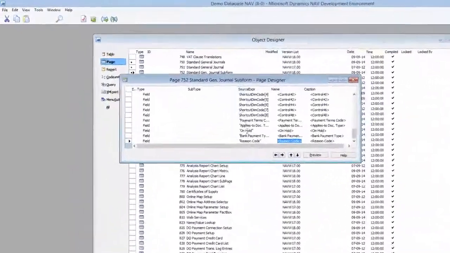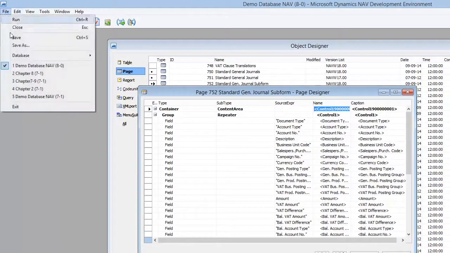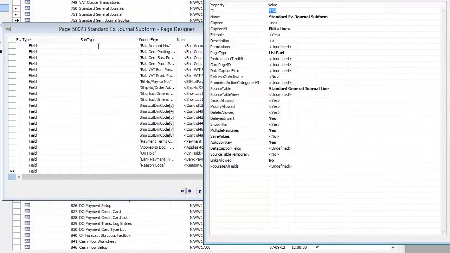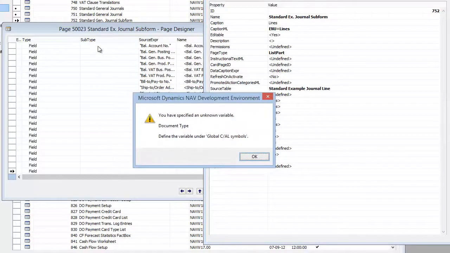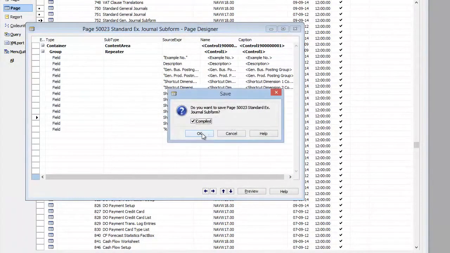We will also create a copy of the standard subpage. Give it a unique number and give it the right source table. Now we will run into the issue that in our example journal line we do not have the same fields as in the general journal line, so we have to clean up the fields that don't exist. After we have cleaned up the page, we can save it,